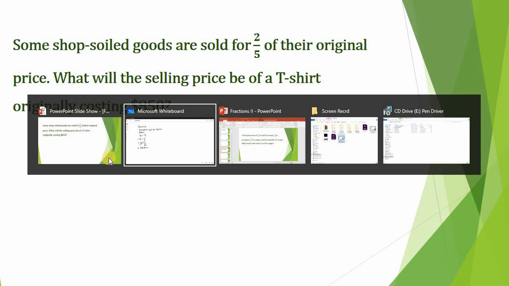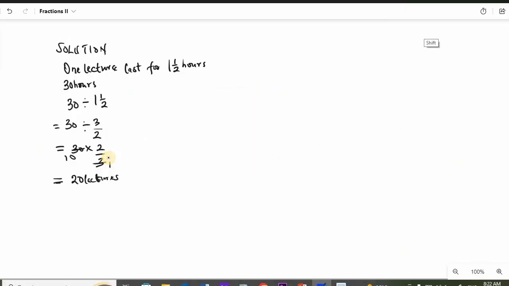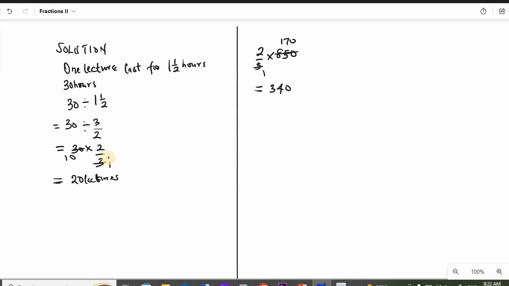So to do this, we simply multiply 2/5 times 850. Okay, and this gives us 5 here, 1, 5 in 850 is 170. So 2 times 170 is 340. So the answer is $340. Now, if you're having problems dividing 850 by 5,